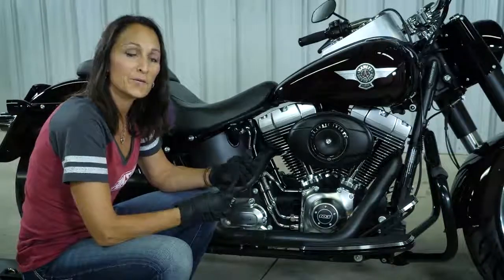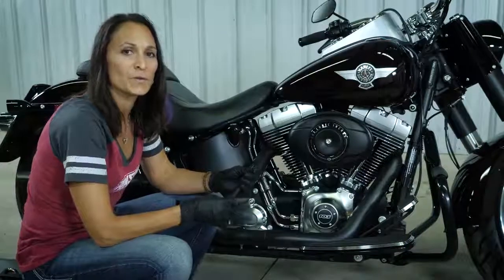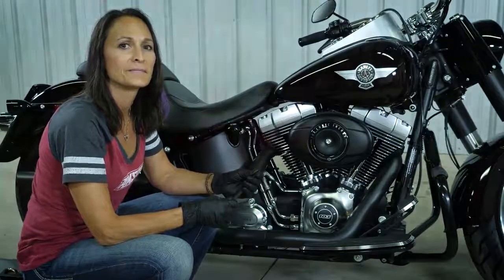Well, there you have it. We're done. As you can see, it's not that difficult to change the transmission fluid on a Harley Davidson Softail. Remember, for your specific capacity, check your owner's manual